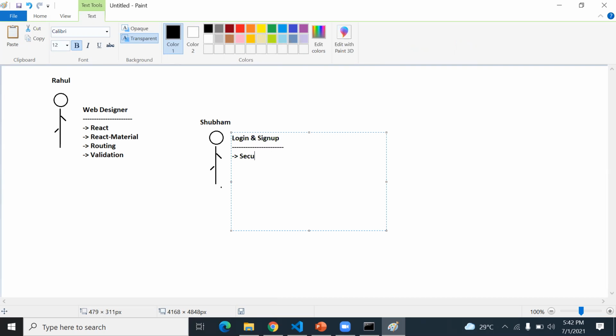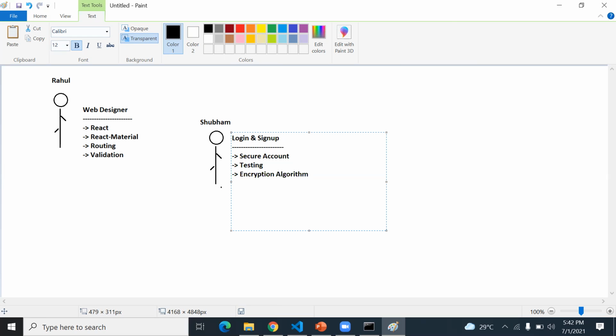He works on the secure account, and he also works on the testing, as well as on some login, logout, and encryption algorithms. So this is the part by Shubham.